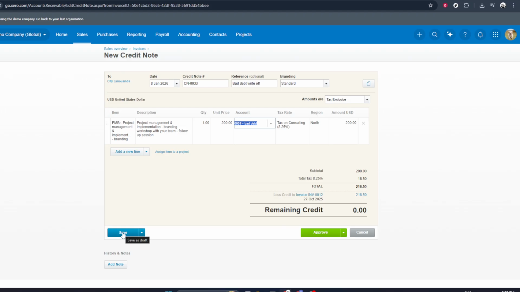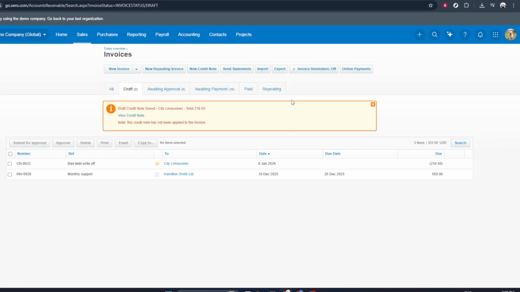Once you've updated the reference and changed the account to bad debt, go to the top right of the invoice and click on Update. This saves the changes and completes the write-off. The invoice will still show in your records, but its impact on income and receivables will now correctly reflect